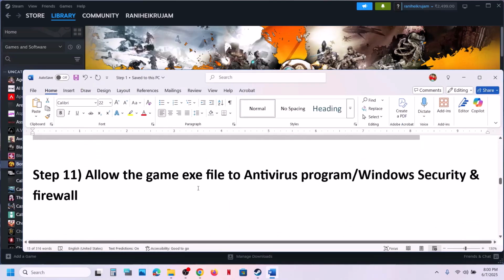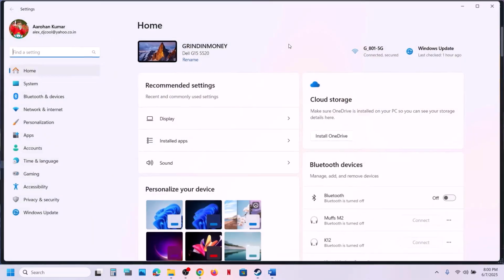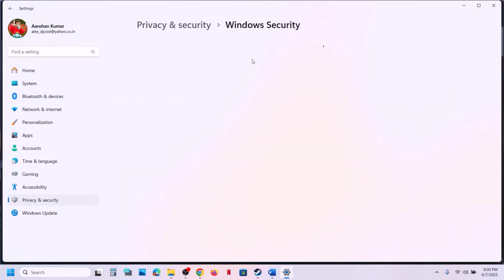If that does not work, the next step is to allow the game exe file through the antivirus program. So if you have any third-party antivirus like Avast, Norton, Bitdefender, McAfee, whichever antivirus program you have, allow the game exe file through the antivirus program. Now, if you're using Windows Security, then open Windows settings, go to privacy and security. If you have Windows 10, click on update and security, and then click on Windows Security, and then click on